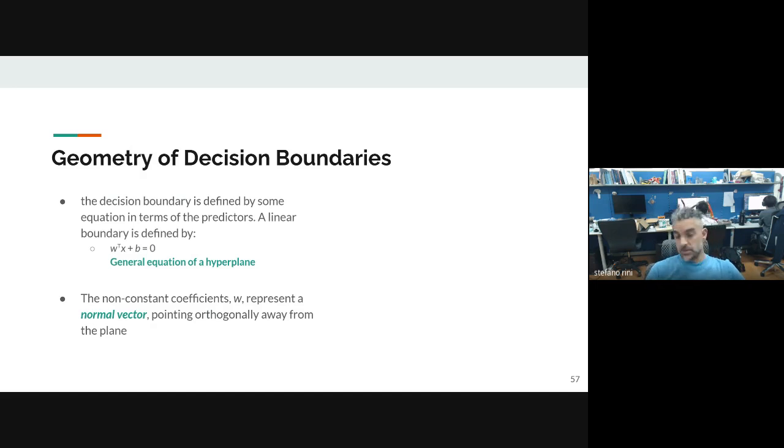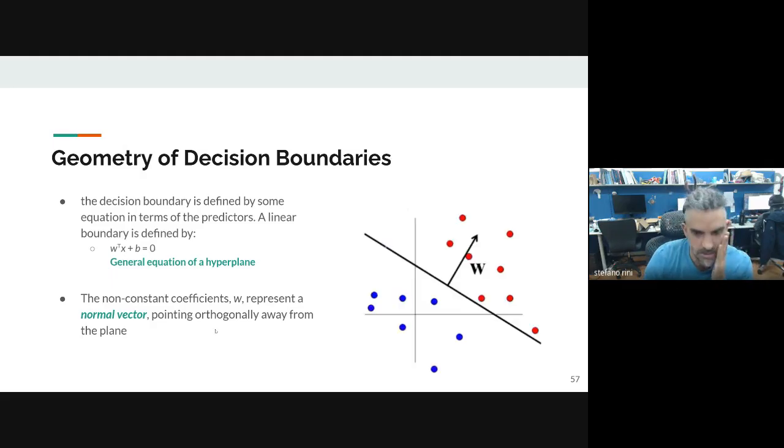Of course, reasoning in one dimension is not interesting for us at whatever age we are. We are at a university, so we want to think about a higher dimension. In higher dimension, we will discuss hyperplanes and not lines. The equation of the hyperplane will be this vector equation, omega transpose times x plus b equal to 0. We know that if this is the expression of the plane, then omega represents the normal vector to the plane.